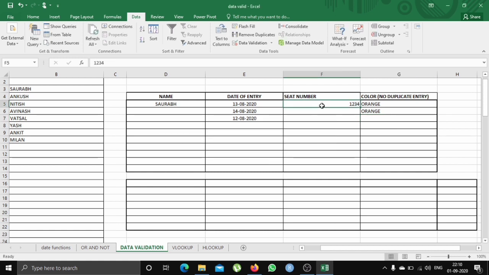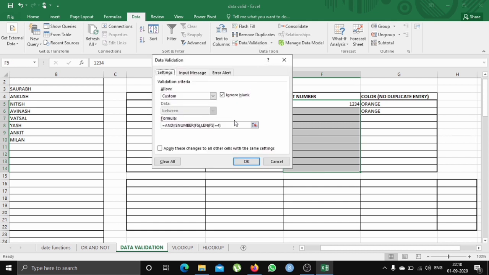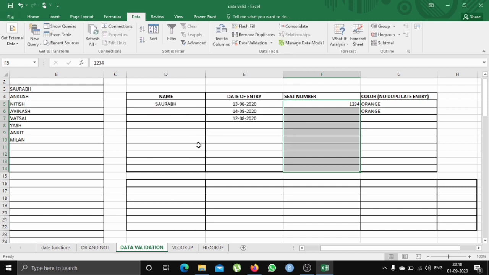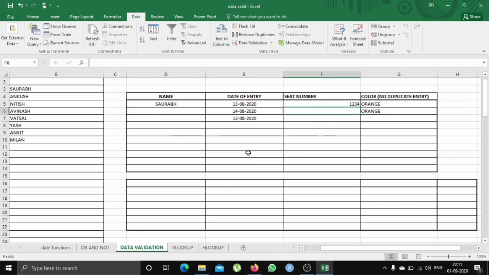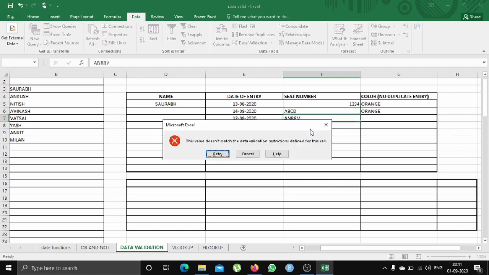Again, coming back to seat number, if you want it specifically in text format, with the length to be 4 or more than 4, or any number, you can go into data validation again. Here we had the criteria that it should be a number. You can erase it and enter that it should be text. So enter ISTEXT. Let's see whether it is accepted or not. See, it is not accepting any kind of numericals. Now it will accept only alphabets, and that too only 4 alphabets.